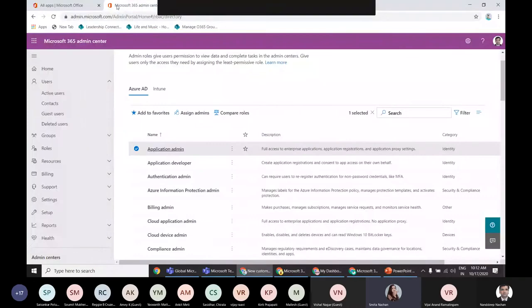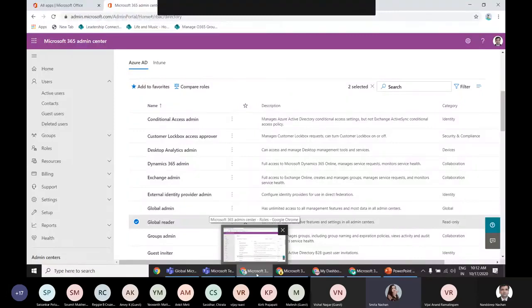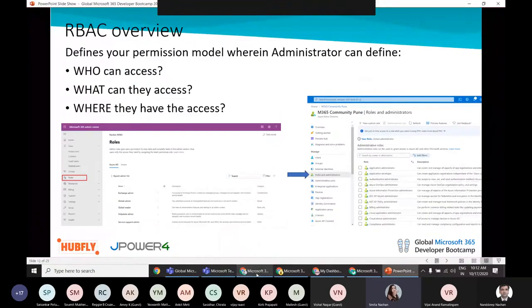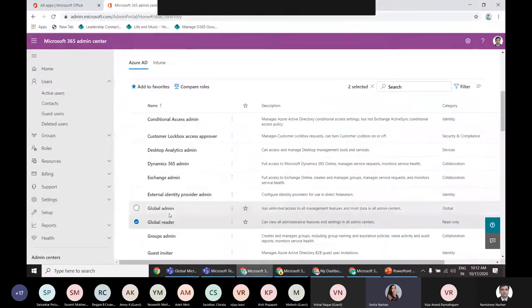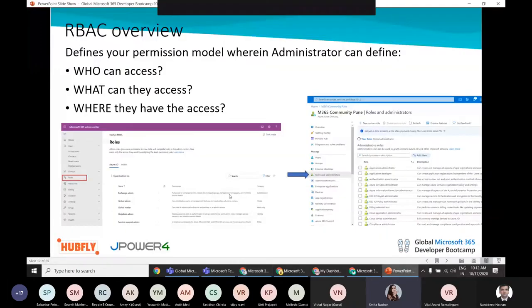With role-based access available, we can create roles specific to a certain functionality. For example, Exchange admin, compliance admin, guest inviter, and many more to help assist the global administrator. At the same time, we ensure that they will not have any additional roles apart from their designated responsibilities, to avoid any possible security breaches.